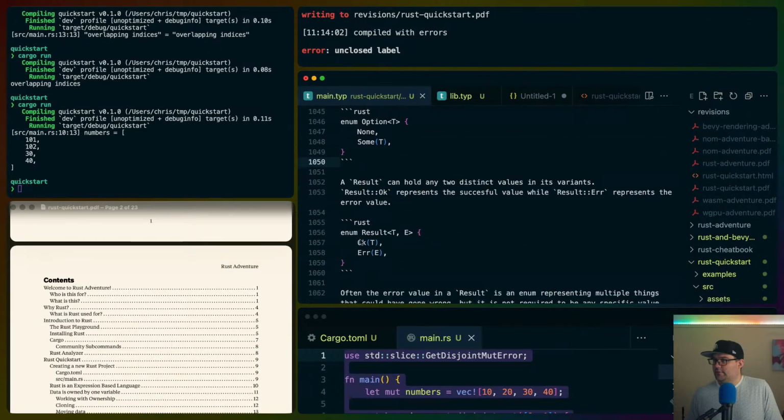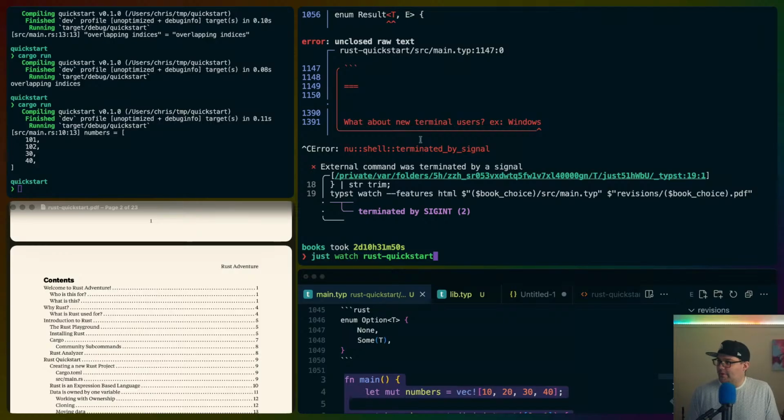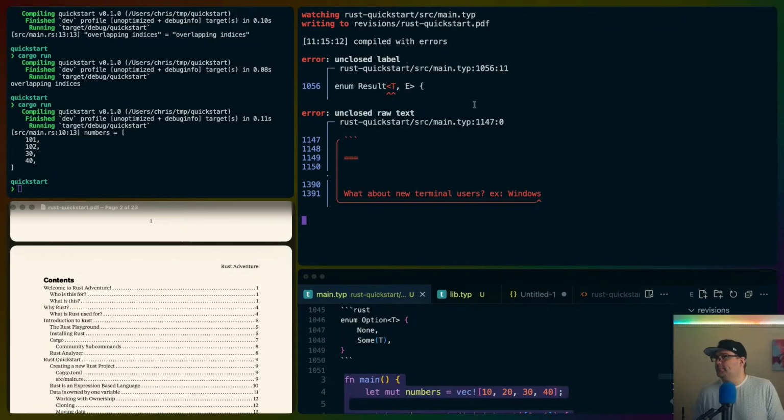Rust. Did I miss a quote somewhere? Is that what's going on here? Or does that need to be escaped? That would be really weird, right? On 1147,